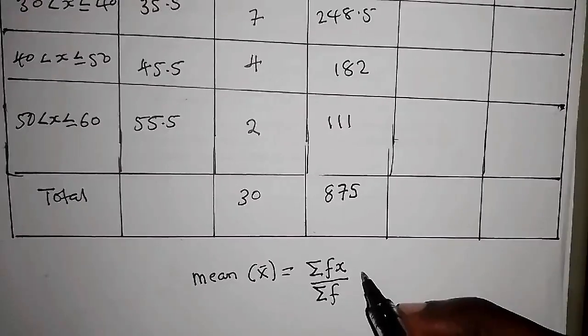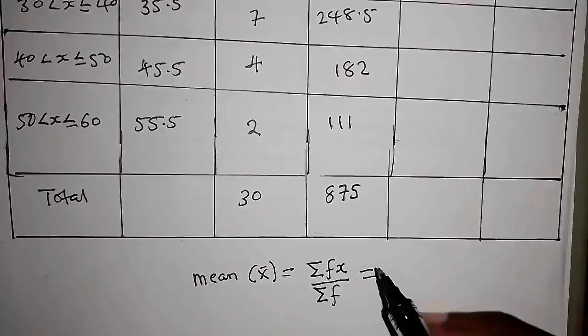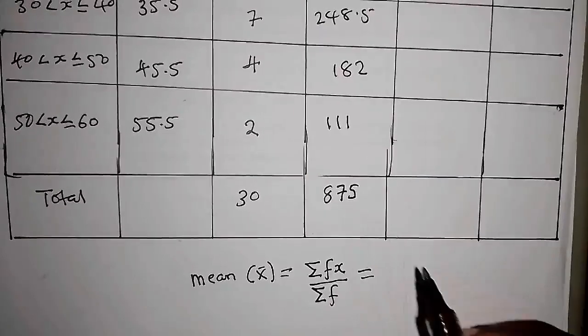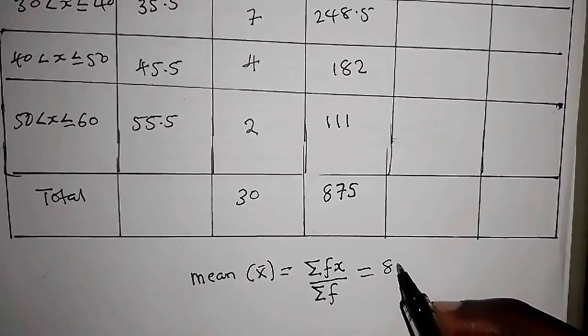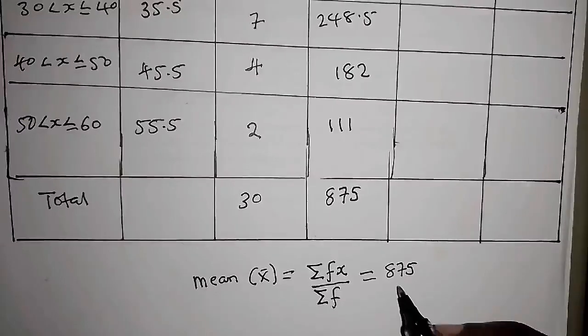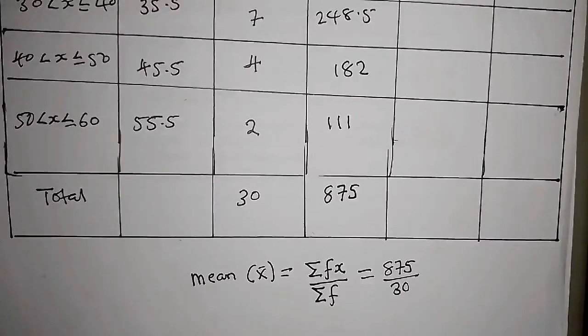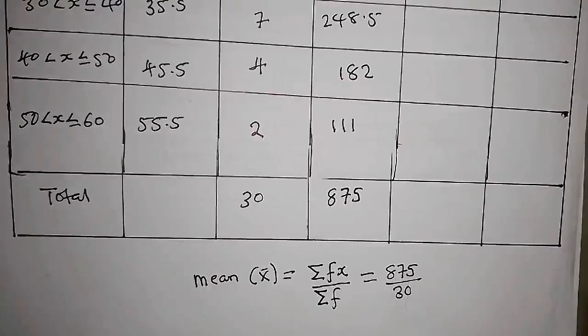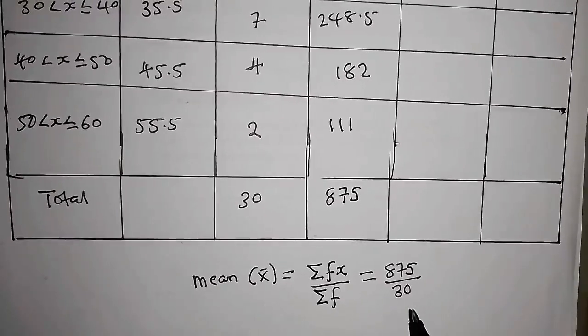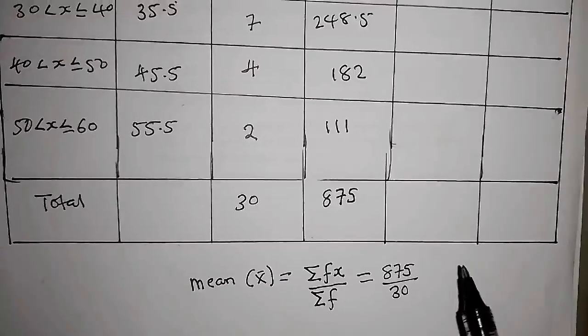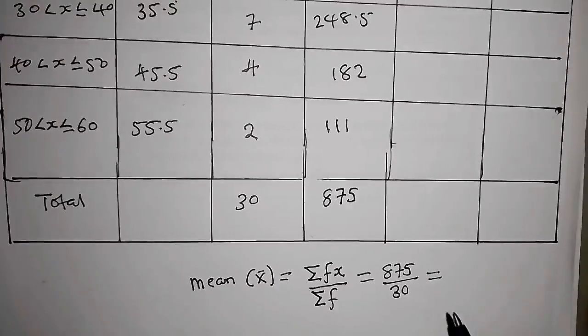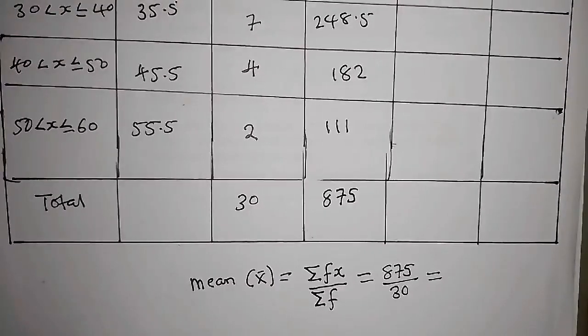So the sum of fx is just 875 divided by 30. Divide by 30. So the 30 is that one there. So your answer you're going to get is simply going to be